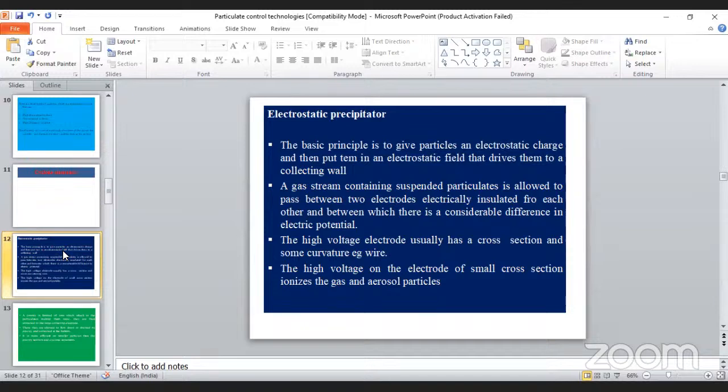The high voltage electrode usually has a small cross section and some curvature. It is a very fine, small wire like that. The high voltage on the electrode of small cross section ionizes the gas and aerosol particles. Once it is ionized,